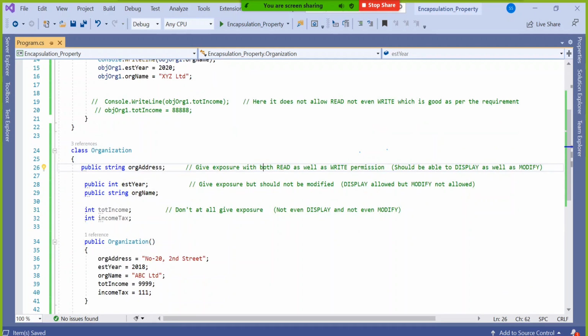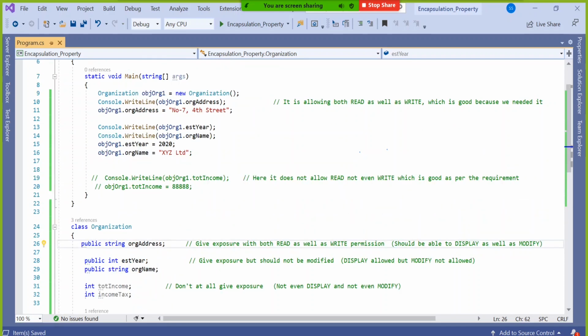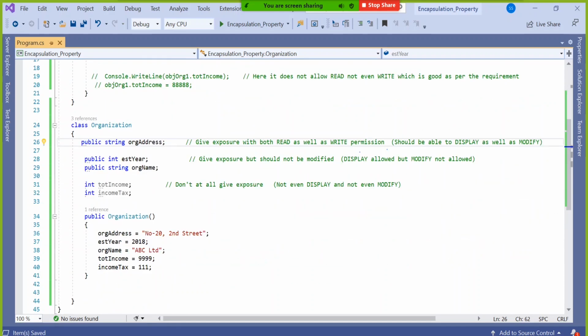There are two levels of property knowledge. One is direct understanding, one is indirectly using the property for some other purpose. So at least today I will tell you how property is going to help the variables called established year and organization name.